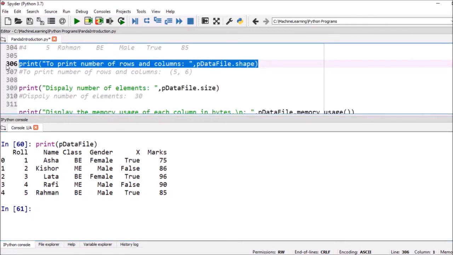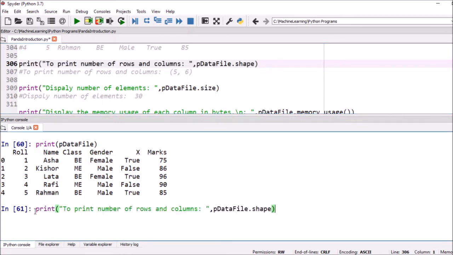So we have to write this: print, to print the number of rows and columns, p data file, this is the name of this particular data file, .shape. Now, to print the number of rows and columns, 5 rows are there, we can see 1 2 3 4 5, and 6 columns are there, 1 2 3 4 5 and 6.